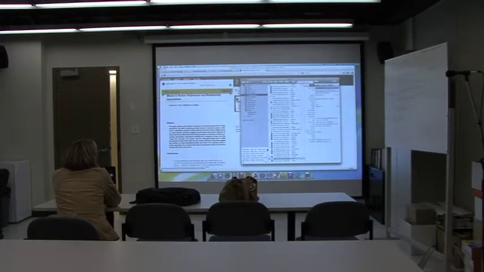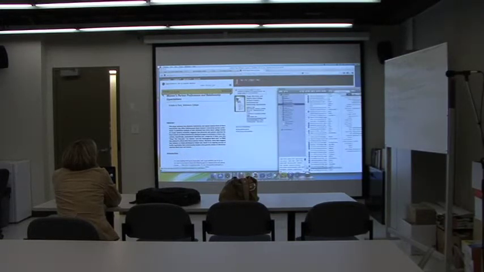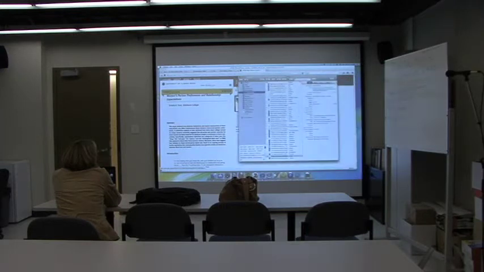So it says it's a journal article. There's the title, the author, the publication, and so on. JSTOR is pretty good most of the time, but if they got that wrong for some reason, I could click and change it if they happen to put it in incorrectly. Okay. Authors' names are really tough sometimes because